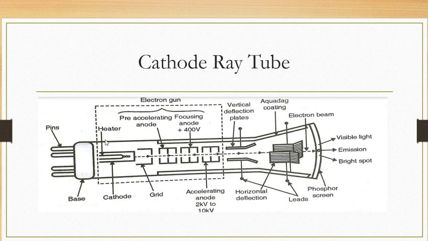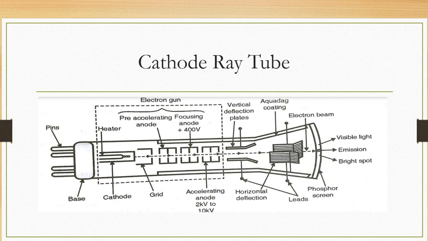Okay, now if you see the working principle of this electron gun, an electron gun assembly consists of a heater over here, then it has anodes and a cathode. Okay, now the anodes are generally called focusing anodes, then pre-accelerating anodes, accelerating anodes, and there is one cathode. Okay, so the cathode emits the electron beam, that is very important. Okay, and this electron beam is accelerated with the help of anodes. Okay, now you must know the polarity of electrons, that is negative.